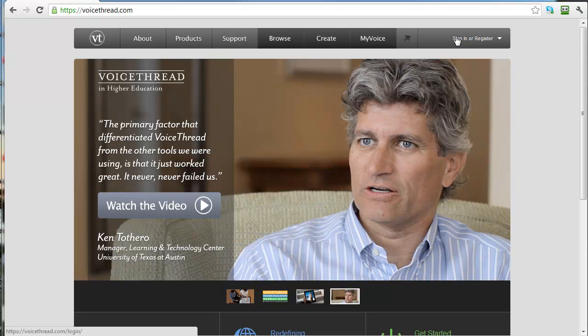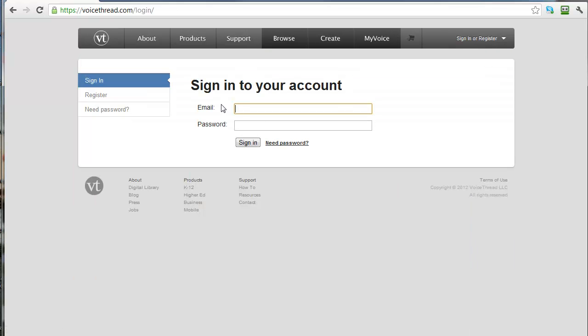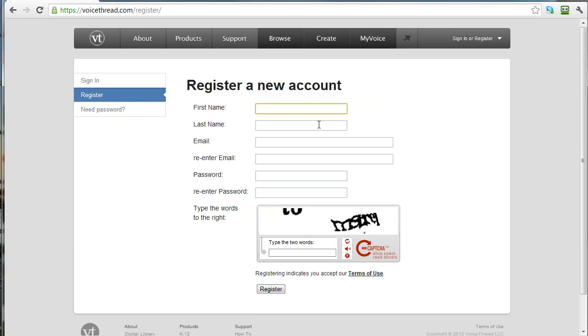You know, what is your login name? What is your password? If you can't figure that out, then you'll need to be like the rest of us and actually just register for the first time. So what most people will want to do probably is register. Again, you can't sign in yet till you get an account, so you want to register and enter in all